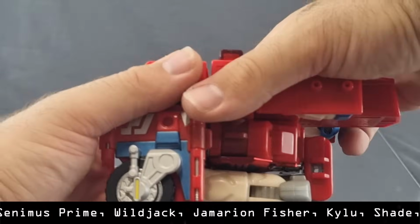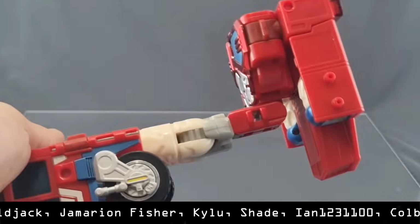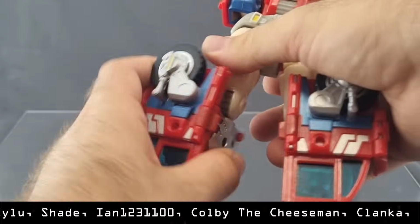I mean, the rest of it is great. Look how the rest transforms. You accordion the whole thing out. It transforms in a spiral, unfolding, and it's just brilliant. Like, look at that shit. That's awesome! With the legs, you want to separate them, rotate the knee swivel around like so, come around to